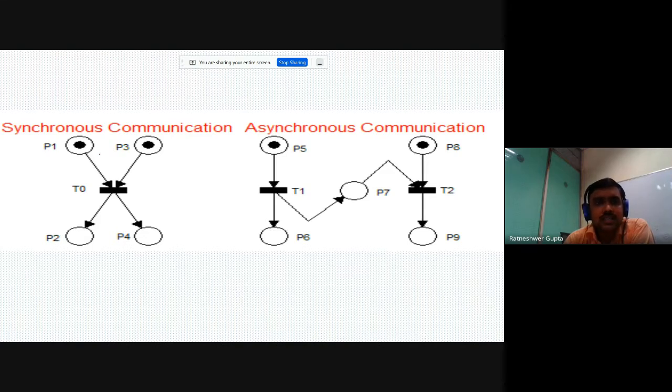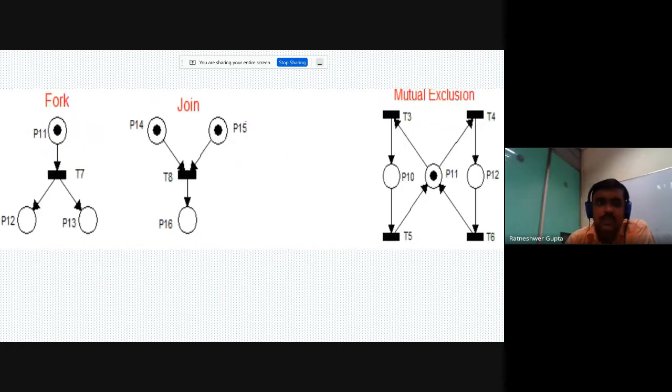We have synchronous communication, like P1 and P2 performing this function, and P3 performing this function with P2, P4. So we can check that in the colored Petri net. Or asynchronous communication, where the output of this becomes the input of this communication. That can also be shown in asynchronous communication.